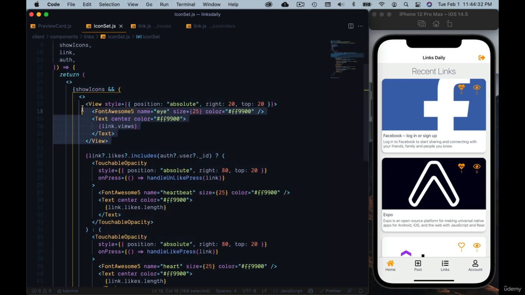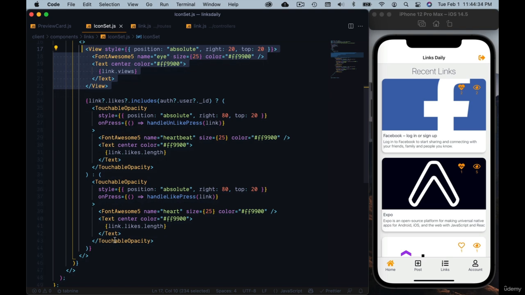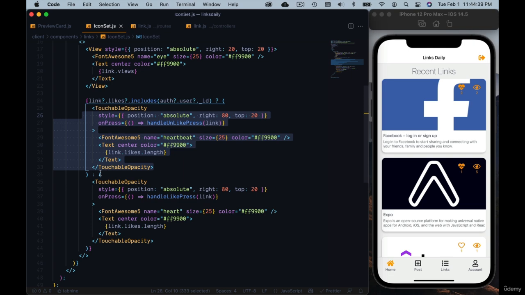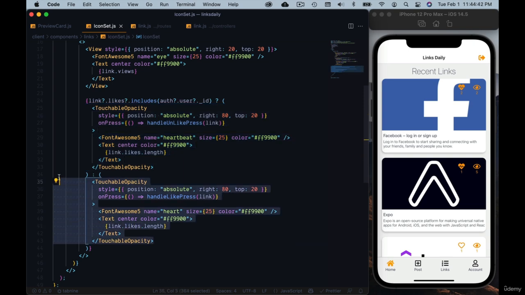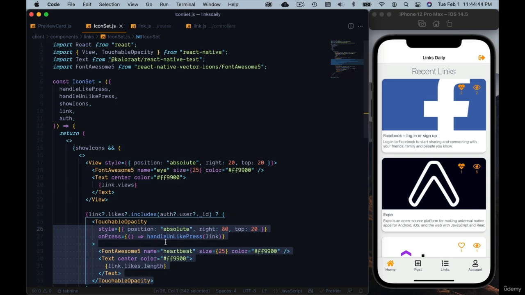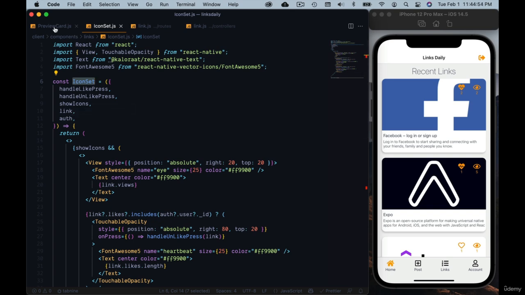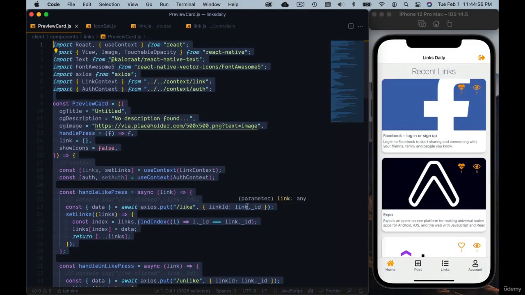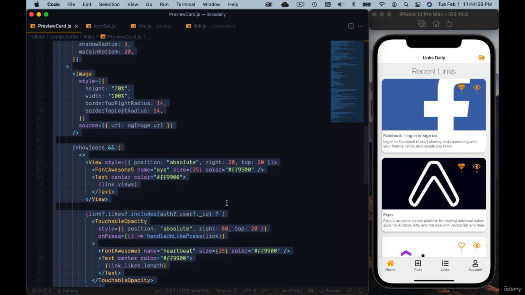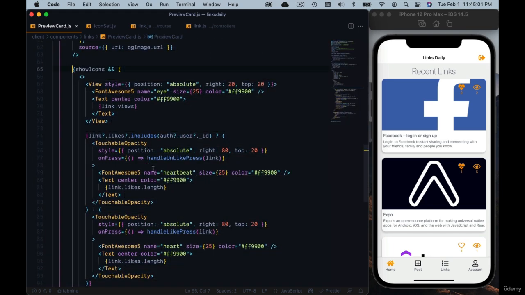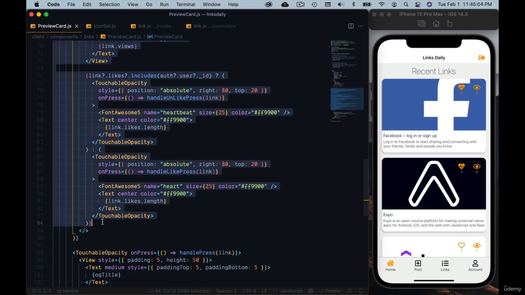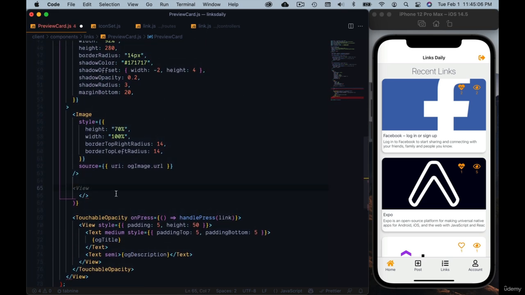Okay, now as you can see here, all we have is icons. So we are showing the views, and we are showing the likes if they have liked or unliked. Based on that, using the ternary, we are showing the likes. So basically two icons we are showing. Okay, so let's use this function now. Let's use this component and make sure we pass all this from preview card so that we can just cut all this code away from here. So I can just cut everything from here and then just use that